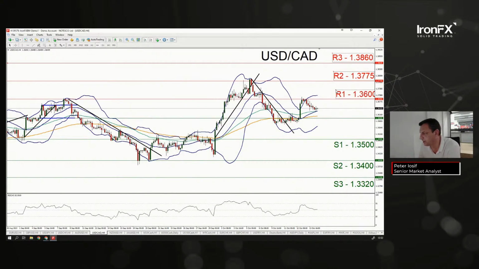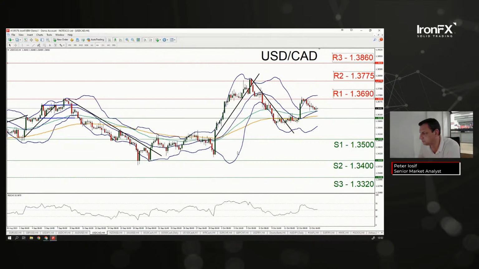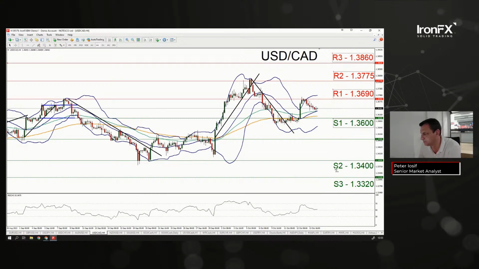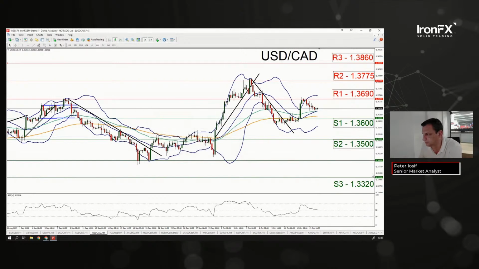The R1 at 1.3690. The first support line now set at 1.36. Second support line at 1.35. And finally,